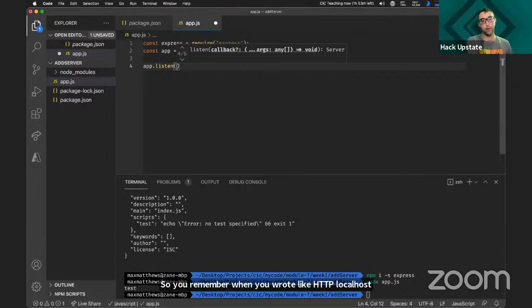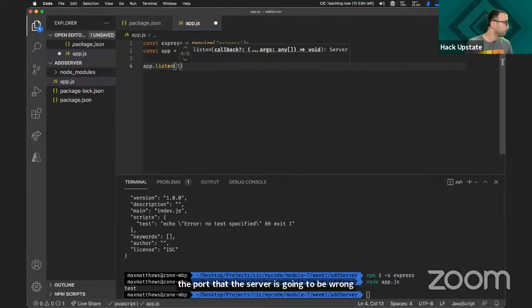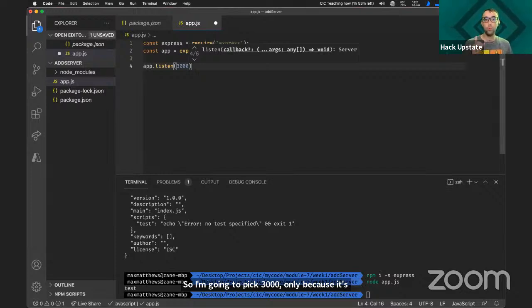That is what we're doing. We're specifying the port that the server is going to be running on. So I'm going to pick 3000 only because it's not commonly used on the computer. Only one server can be running per port, and we picked 3000 because it's kind of out of the way. Not many other applications would be running on 3000.